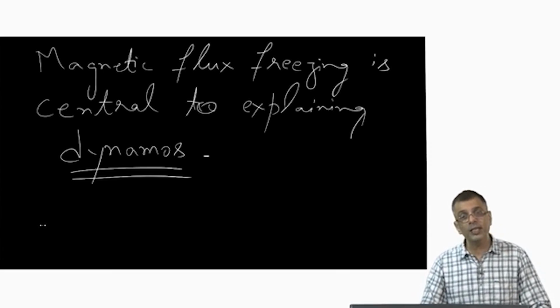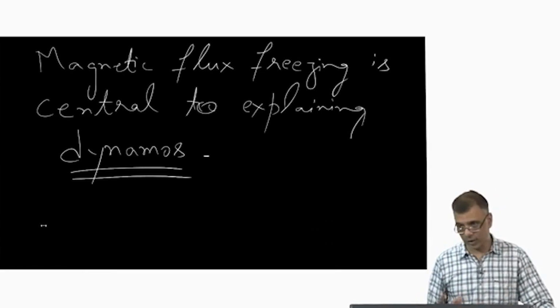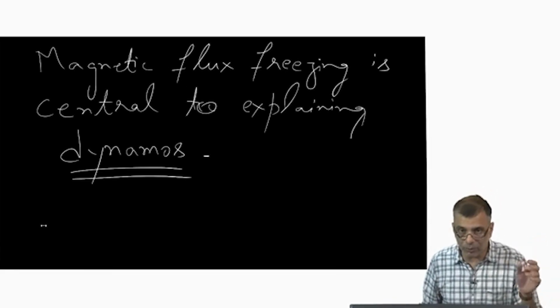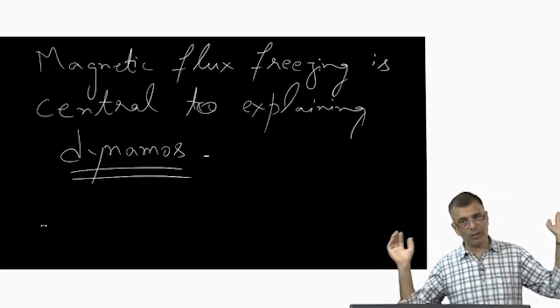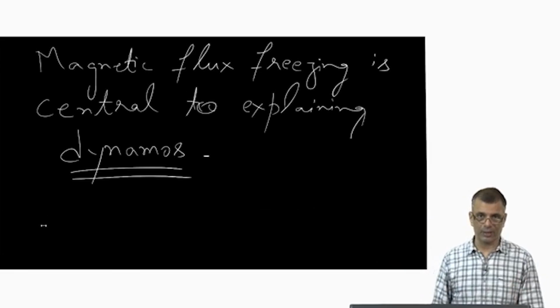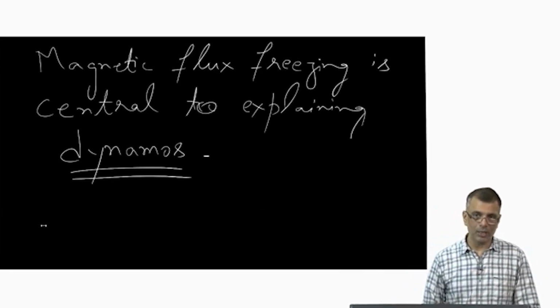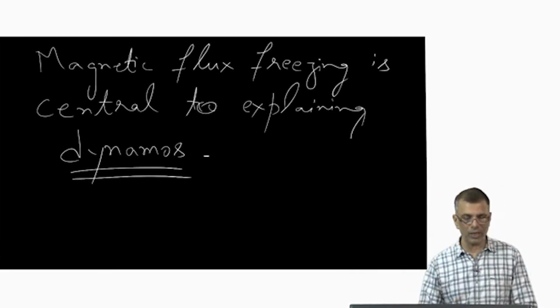They will always decay away, and if you put in the numbers, you will find that for expected values of resistivity, the magnetic fields that we observe have no right to be there. They should really have decayed away long ago. How are they there? That is the question at the heart of dynamos. So, the question that an astrophysical dynamo theory should address is